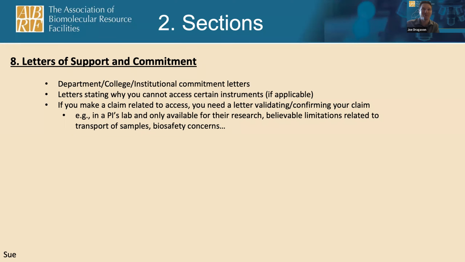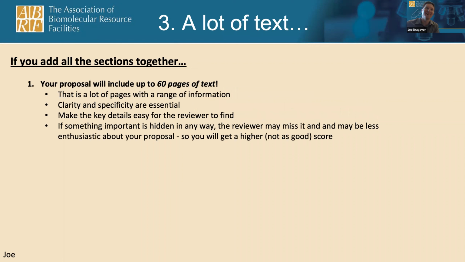Yeah, be hopeful. Okay. So if you add all the sections together, if you go to the maximum, if you're not a concise writer like me, you're going to get 60 full pages of text. That's a lot of words, a lot of reading. So, clarity and specificity are key. Highlight the different things, make it as painfully obvious for the reviewer where all the information is. Utilize good formatting, make it clean and easy to find the various sections, things of that nature.